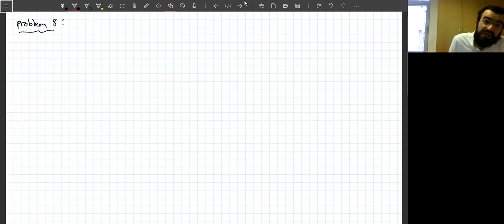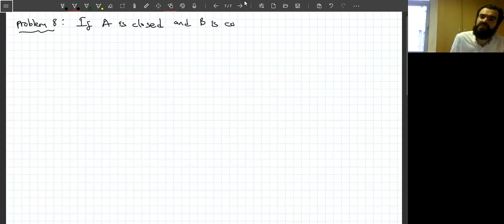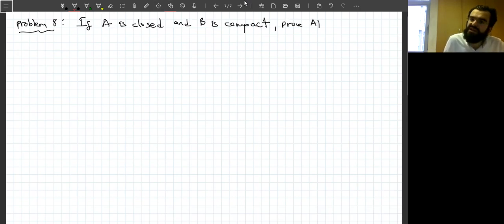Problem 8. A is closed and B is compact. The proof: A intersection B is compact. First note that